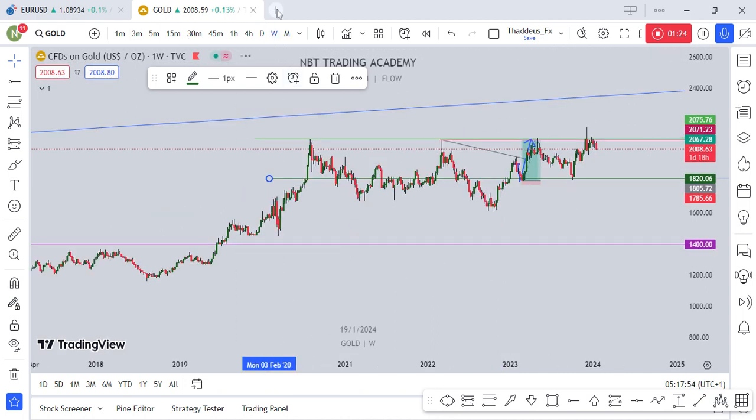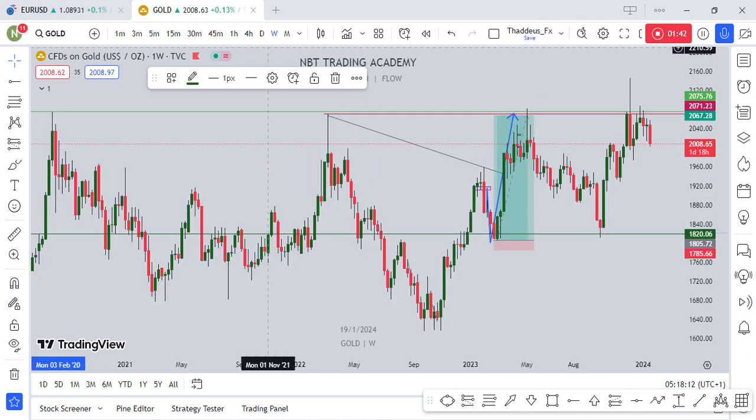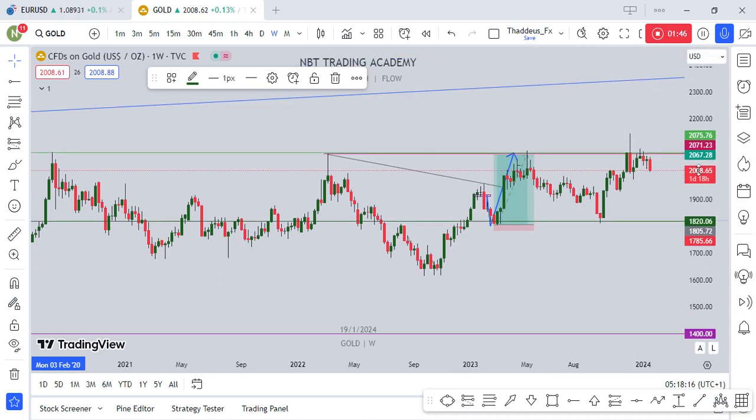So we're going to go on a weekly time frame to have a view. We could see that the market tried to break, it gave us a long wick, it didn't close. Later it came back and now it's about to sell. So basically we could see, according to the candlestick reactions that's been given us, this candlestick over here is a reversal candlestick, so it's showing that the market wants to start shorting.